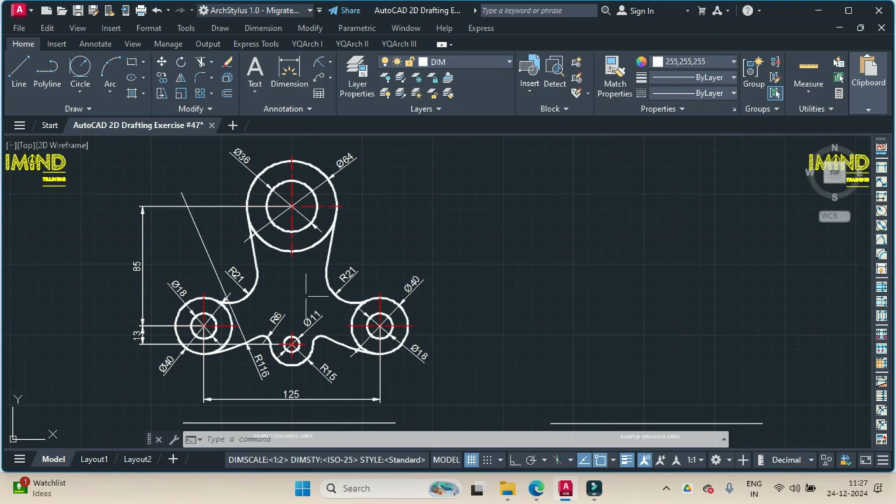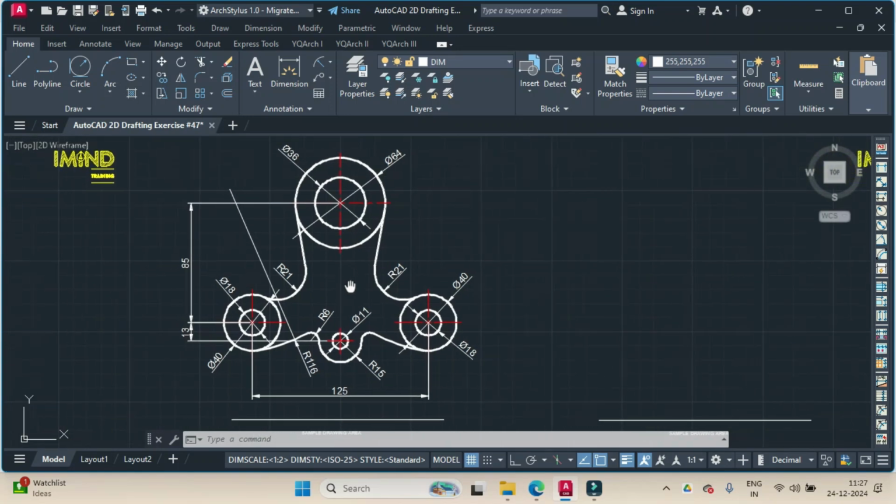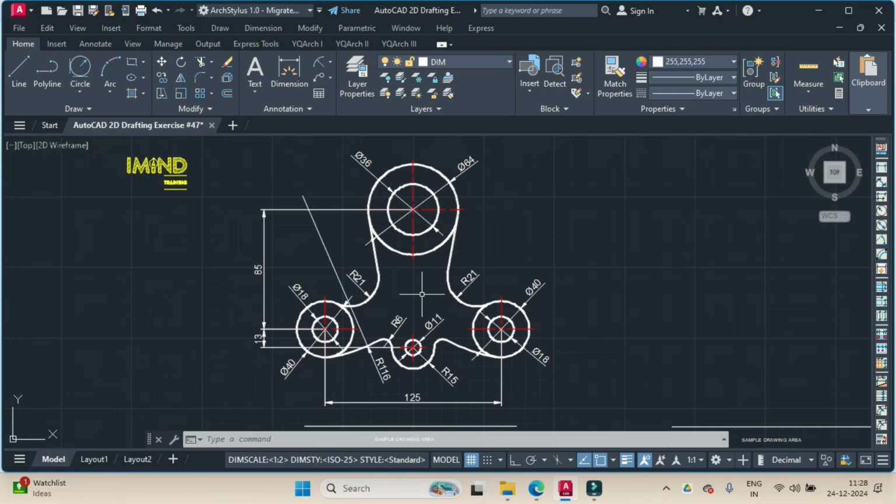Hi friends, in today's video tutorial, we would study how to prepare this geometry in AutoCAD. So as usual, before we start with the drafting, let us spend some time in analyzing this drawing and trying to see how we'll proceed with the drafting. After analyzing this drawing carefully, I feel that the best starting point would be drawing of this inner circle of